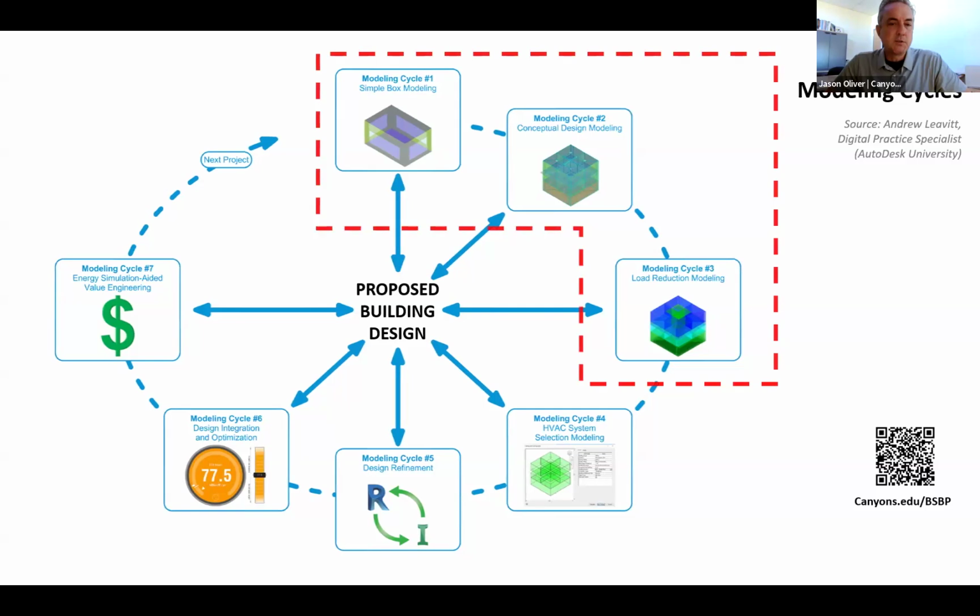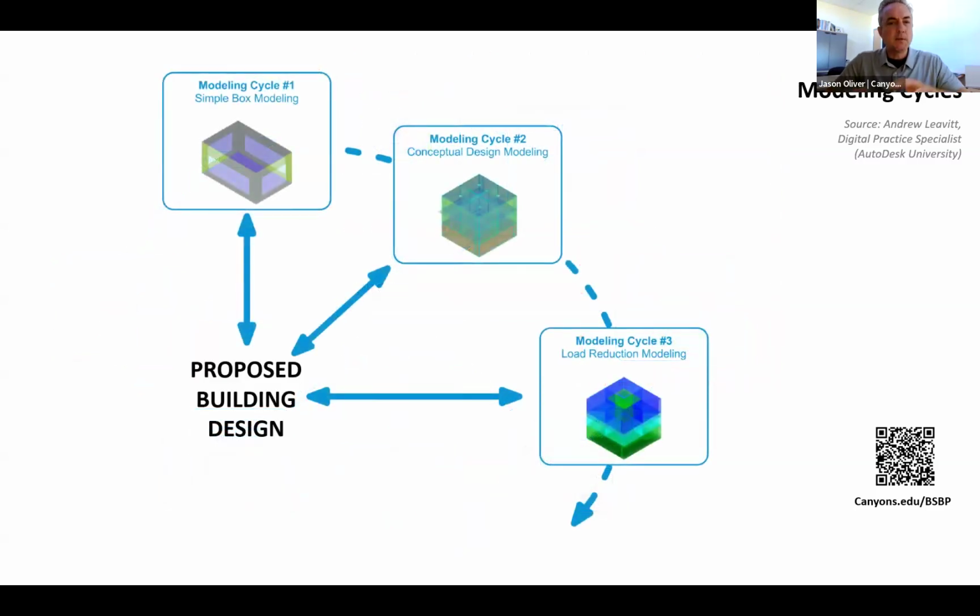So we teach our students simple box modeling, which is this top icon up here, where we basically just have maybe a very simple geometric form. We haven't really created a roof yet or anything like that, but we can place it on the proposed project site, orient it different ways to see the solar impact, to see how maybe the wind's going to affect natural ventilation schemes. And it's going to start to inform things like the generation of the roof, generation of shading, things like that.